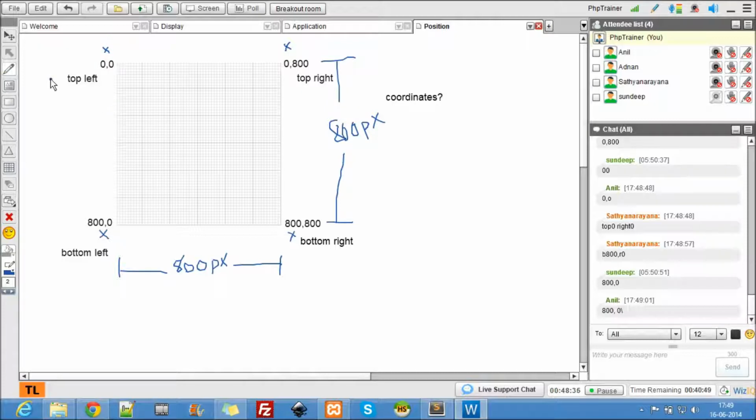Okay, now let me talk about the positions here. We have three types of positions in CSS, or HTML I say. The first one is fixed. You guys know what fixed is. It is fixed at a location. The next is absolute, and the next is relative. So these are the values of position. So position is a property. Position